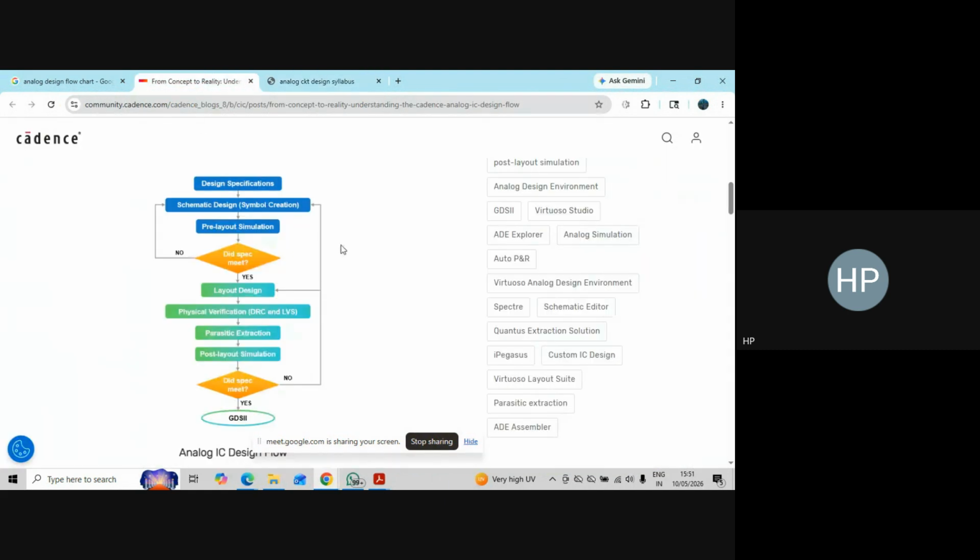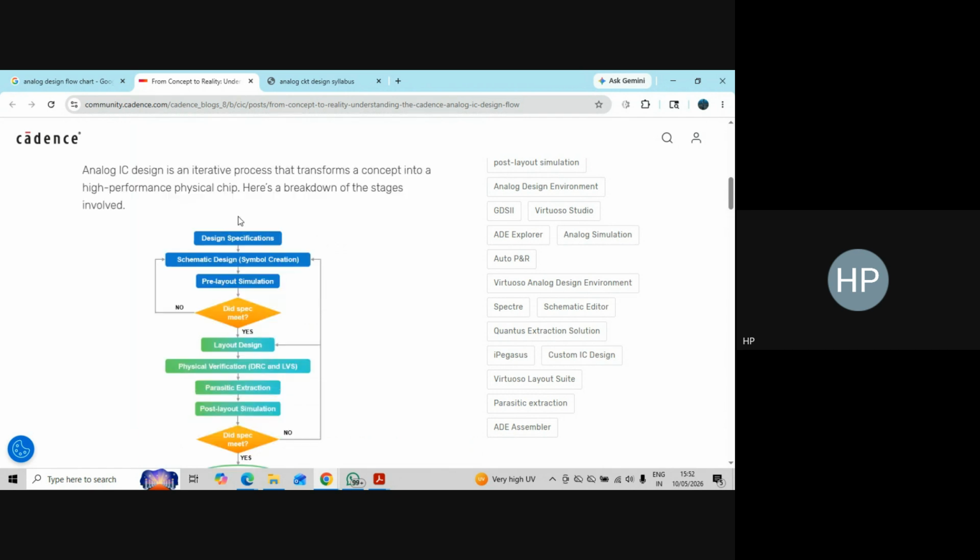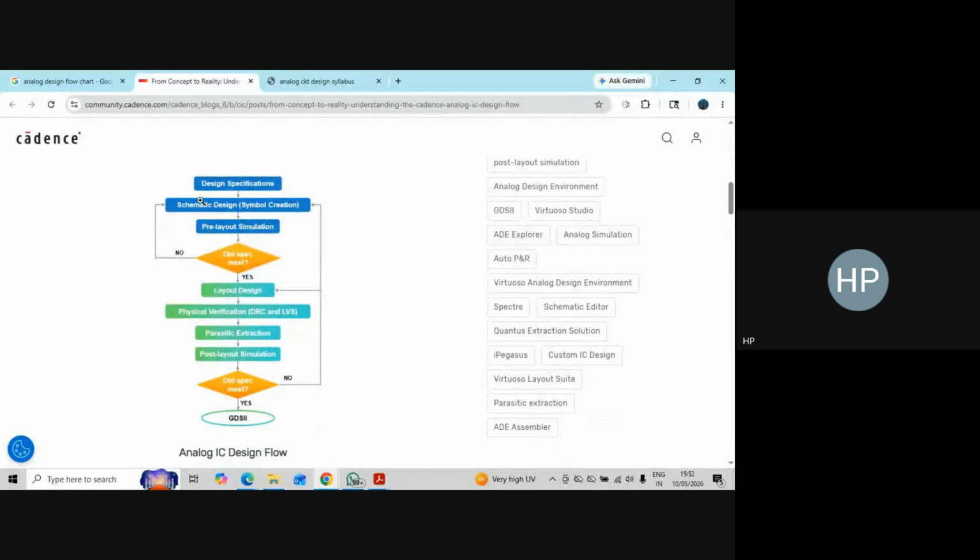Are you able to see this flow chart? So first, when we are going to start designing any project, first we need the design specification. This design specification is provided by the customer, that is what they want from our circuit. Once we get the design specification, then we will go to the Virtuoso Cadence, in the